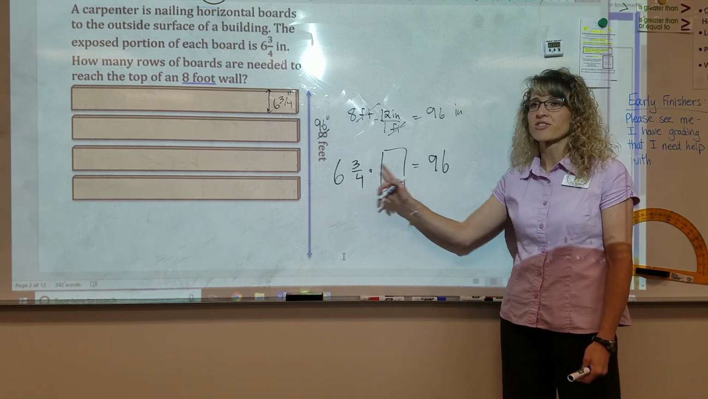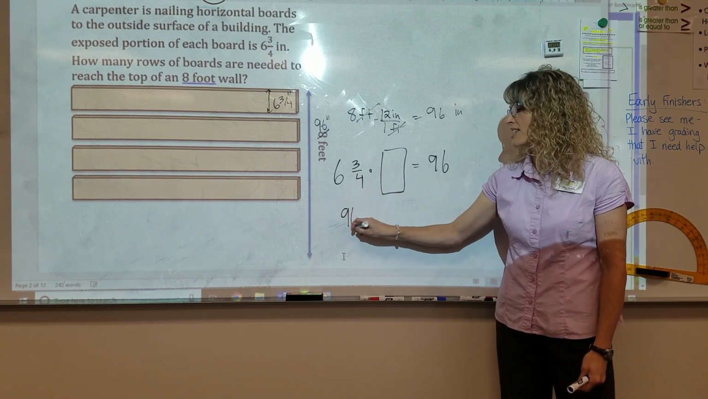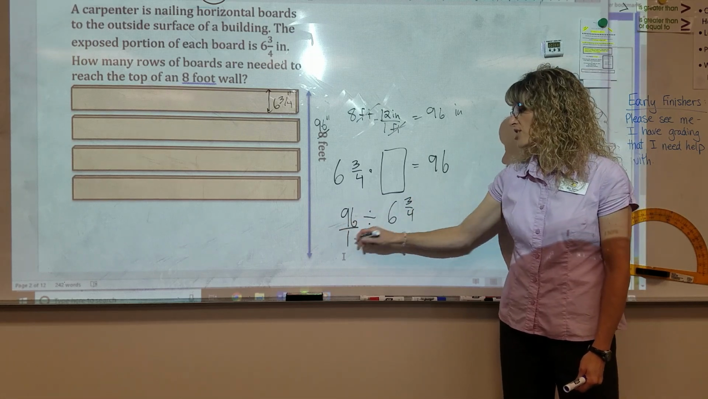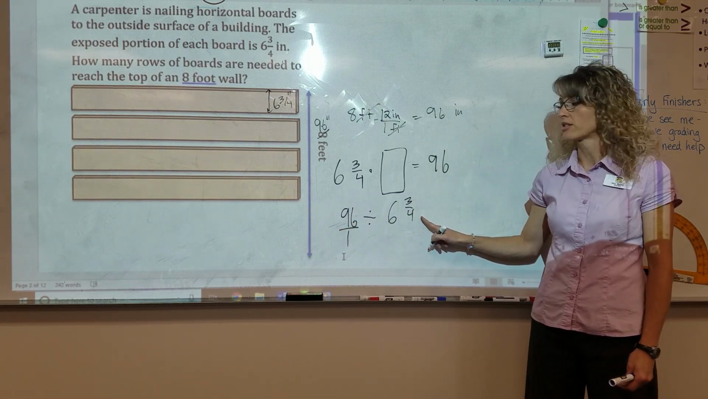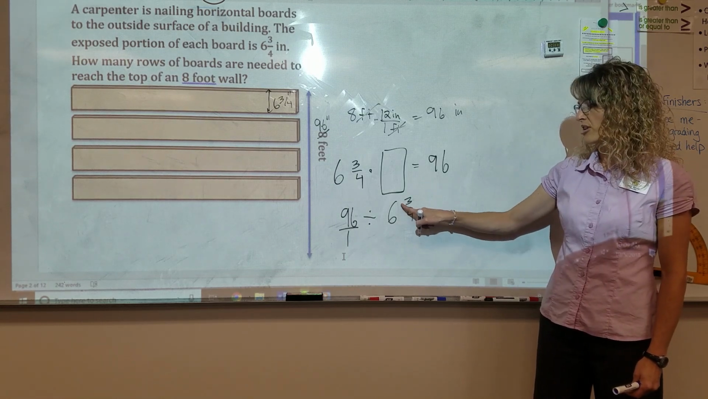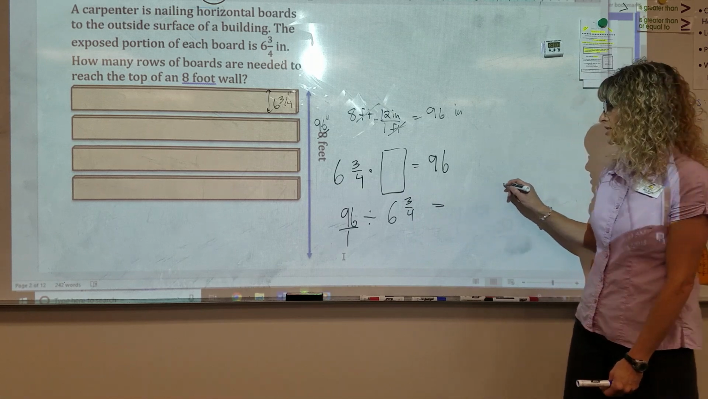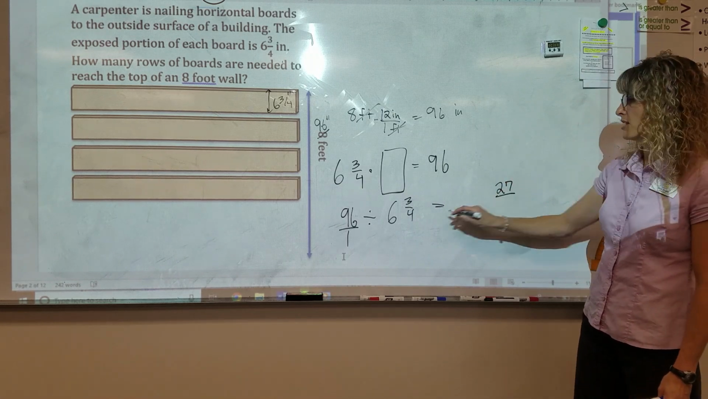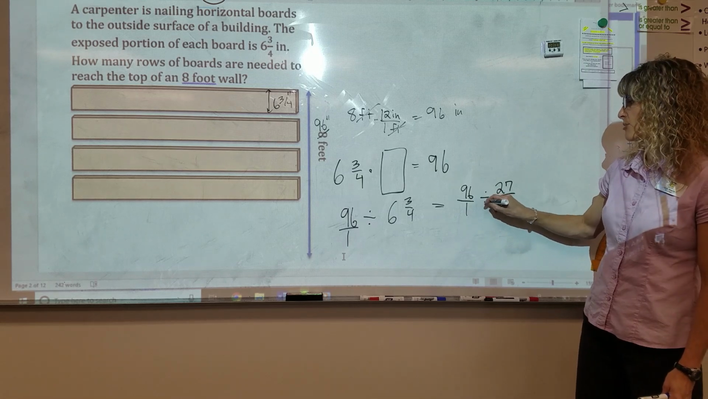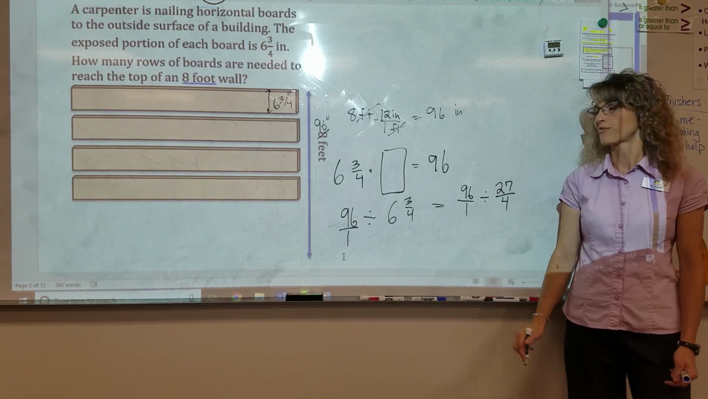So we're going to now reverse this into a division problem. 96 divided by 6 3/4. We're going to change this into an improper fraction. 4 times 6 plus 3. That's 24 plus your 3 gives us 27. Keep the denominator the same, so I have 96 over 1 divided by 27 over 4. We're going to